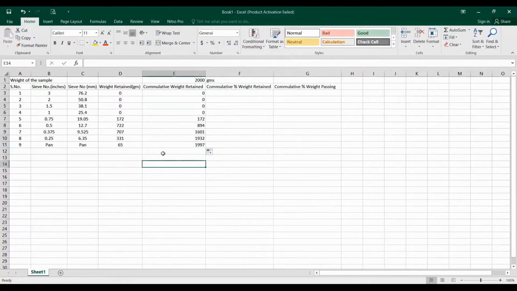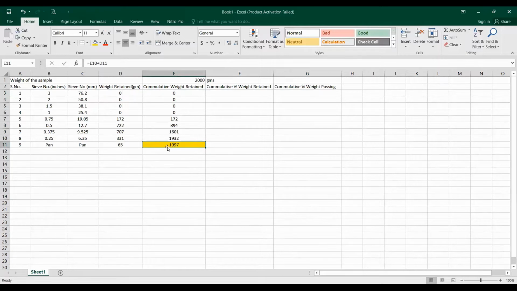So now you can see 1997, it is nearest to the 2000 grams. You should be sure that your value comes out nearest to the weight of the sample. So let me color it. 1997 is nearly equal to 2000 grams. So there is 3 grams wastage somewhere that comes out in the form of dust. So weight is lost over there, but there is an error of a very minor percentage, and we will get the amount accurate, nearest to the 2000 grams.